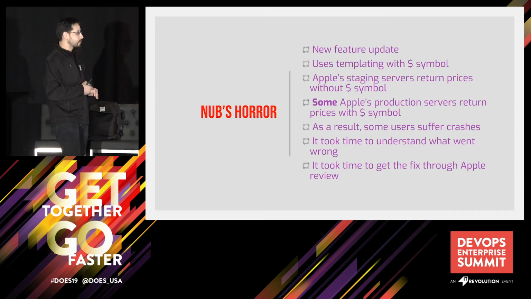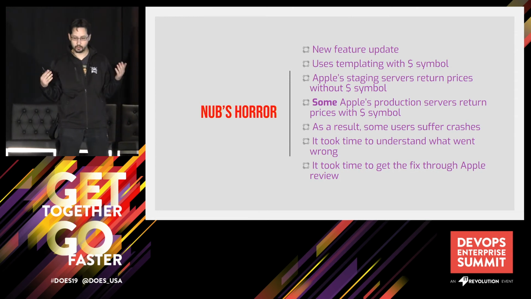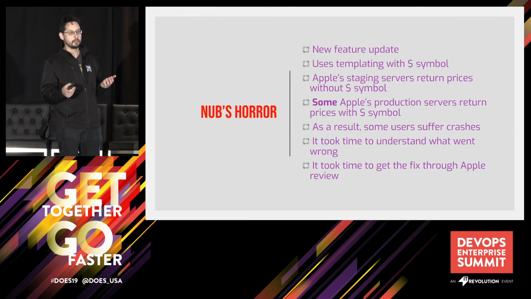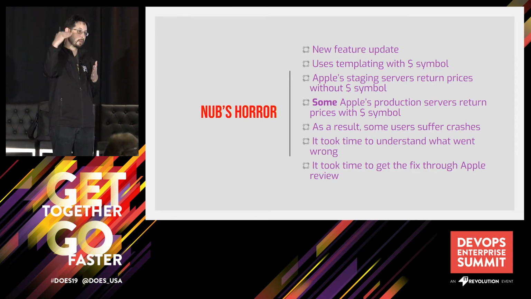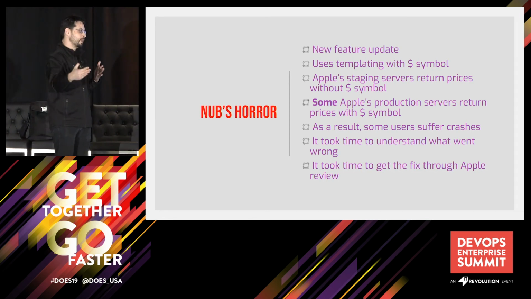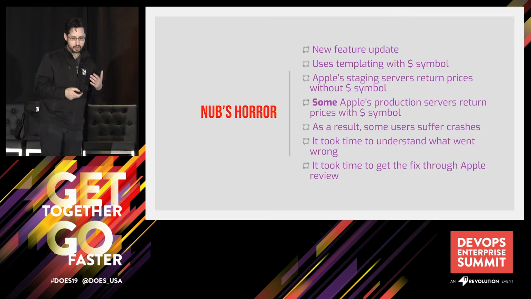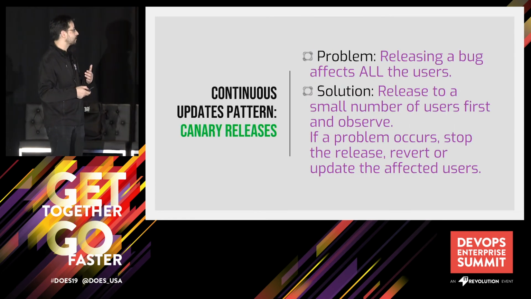And one of the challenges with the App Store is there's no way to do a rollback. So you can't say, I have a bug, I need to roll back to the previous version. You need to push a new version of your software, and then Apple will go through the whole validation process and let you push the new version of the software.